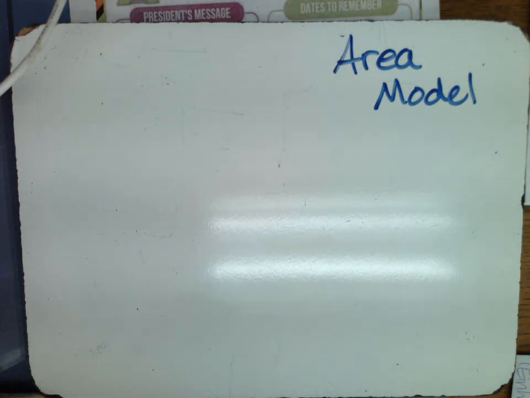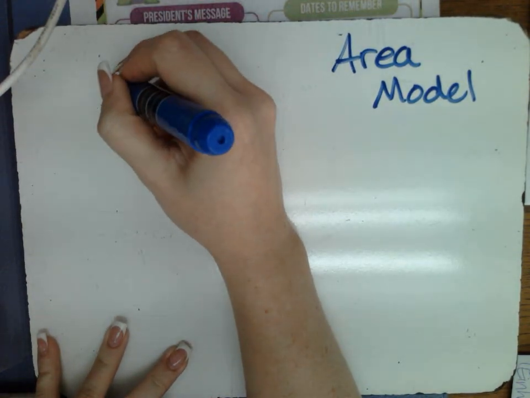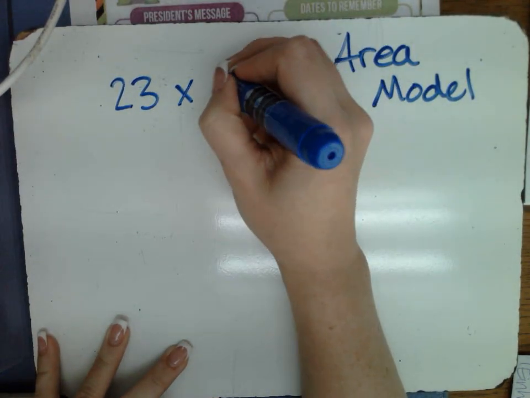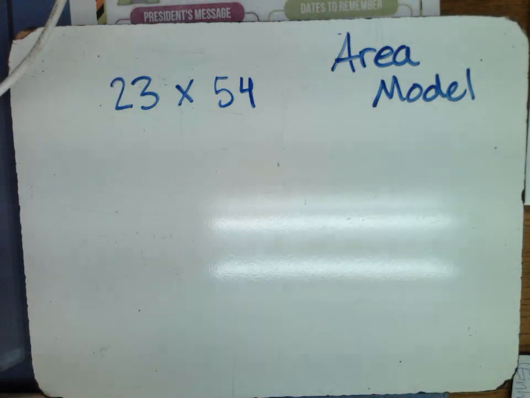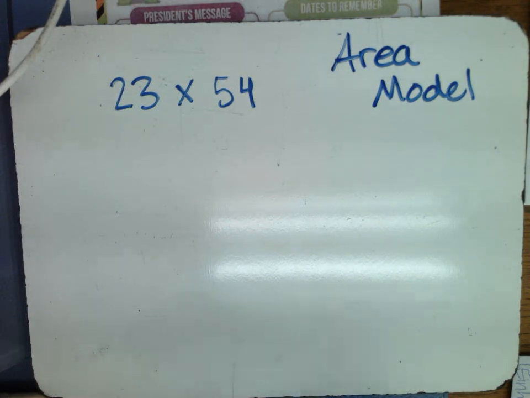In this video, I'm going to show the area model using a 2-digit by 2-digit number. So I'm going to just work with the number 23 times 54. And I'm going to show the area model just because I really like this model, if I'm honest. It keeps the work nice and neat in this neat little box, and then you just add your partial products